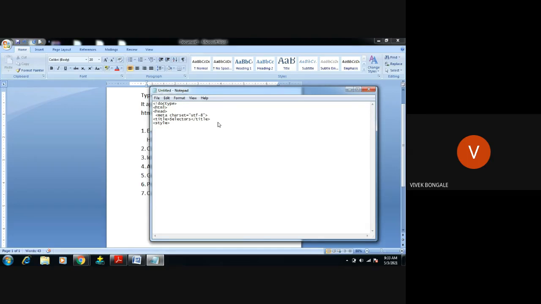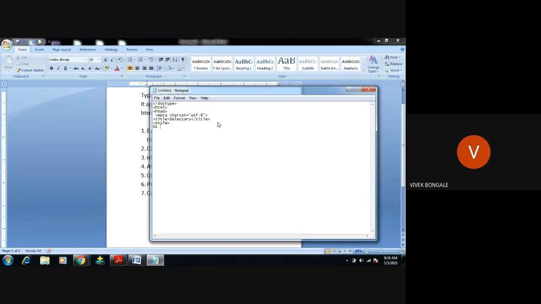Next, we are using an element selector, so you're writing the code for an element selector. I will use one selector, that is H1. You should not enclose it with angle brackets. If you use the angle brackets, it becomes a tag, an element, not the selector. So you have to use the CSS syntax there.